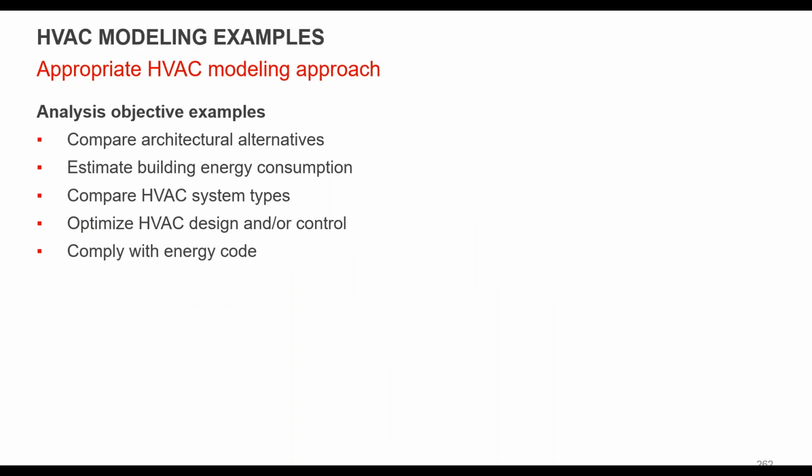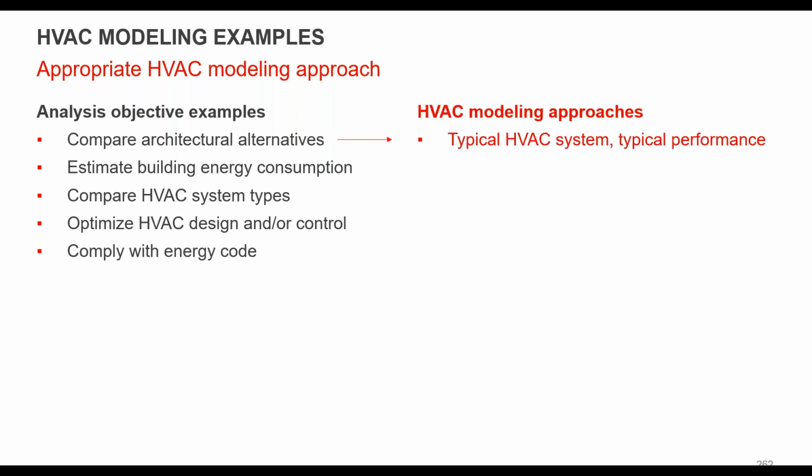We'll do some examples that are architectural ones, looking at energy consumption, maybe HVAC type, control schemes, or maybe some different code requirements. So what does it actually look like? For example, if you're doing an architectural alternative, in this case you don't really care what the HVAC system is. You want to make sure that it's realistic and representative of a typical system, but you're not going to spend a ton of time. You're probably going to build a baseline code HVAC model if you're looking at changing out curtain wall, for example.